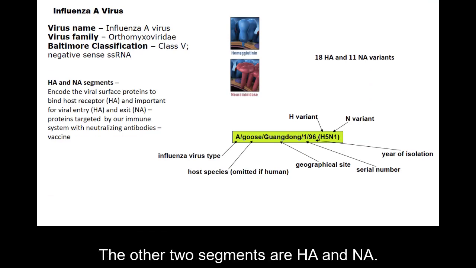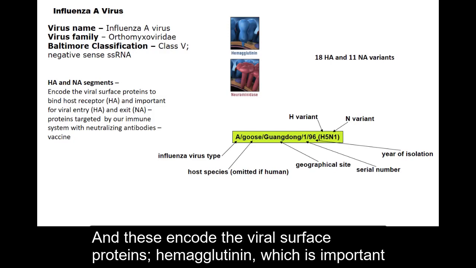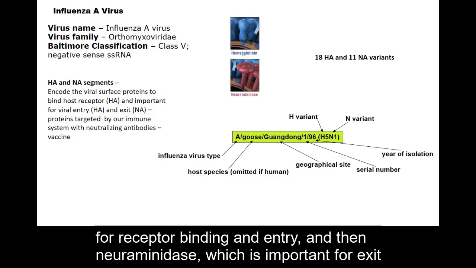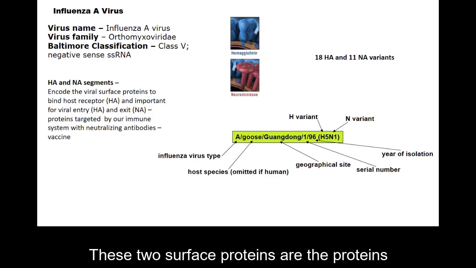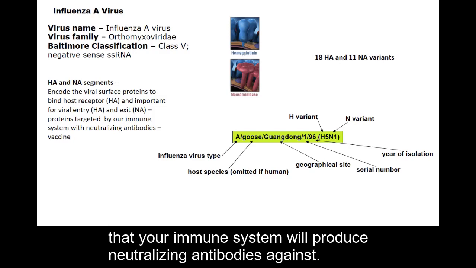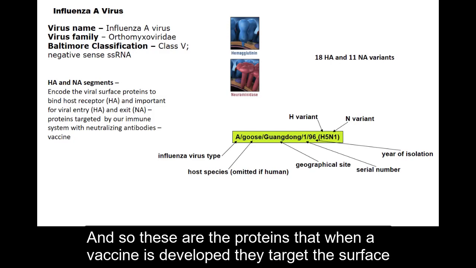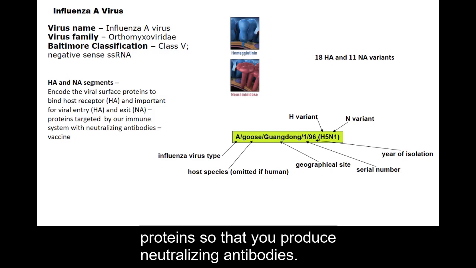The other 2 segments are HA and NA, and these encode the viral surface proteins: hemagglutinin, which is important for receptor binding and entry, and neuraminidase, which is important for exit of the virus, budding from the cell. These 2 surface proteins are the proteins that your immune system will produce neutralizing antibodies against. And so when a vaccine is developed, it targets these surface proteins so that you